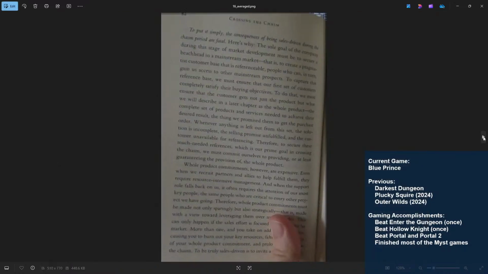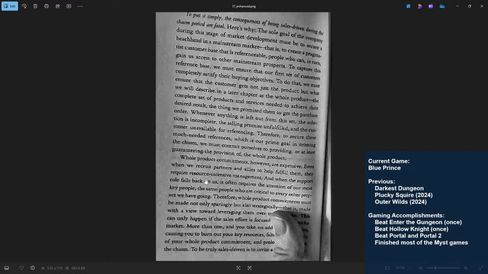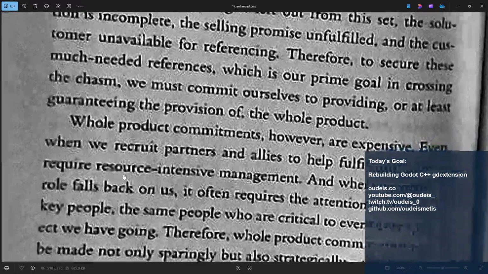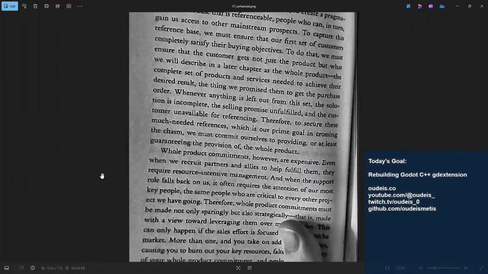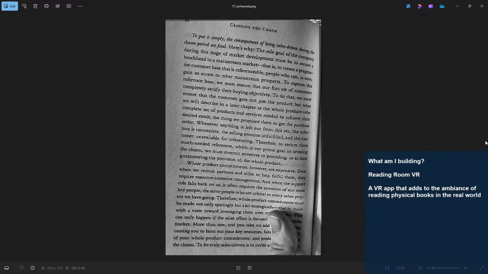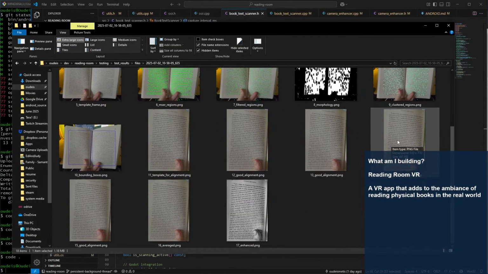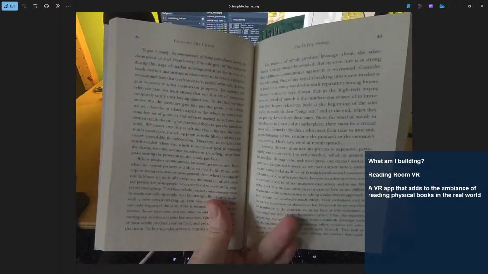But if we go ahead to the enhanced, yeah, it's still troublesome, but it's a lot better. That looks pretty good, actually. I think the biggest issue is warp and skew, right? I think if I fix warp and skew, yeah. I mean, again, if we compare our template frame, well,